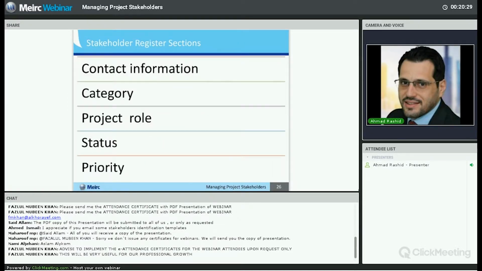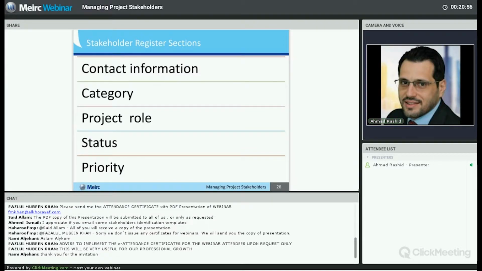So usually in a project stakeholder register, this is what we have at a basic level. We have the contact information of the stakeholders, the categories. Basically, this characterizes each stakeholder across their power, interest level, and impact levels. And based on responses to these inputs, the project manager will rank the priority of each stakeholder. And then we list the project role, which is basically identifying the group stakeholders are part of and their role